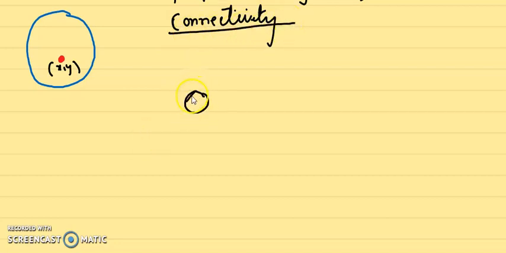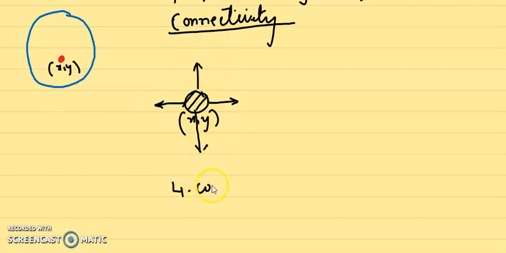So this is my current pixel, that is x, y. How is it connected to the next pixels? It is connected using east, west, north, south, something like this. So I call this 4-connected. First we see 4-connected. If this is x, y, my current pixel, and I'm going towards the right, what is going to change? X is going to change.